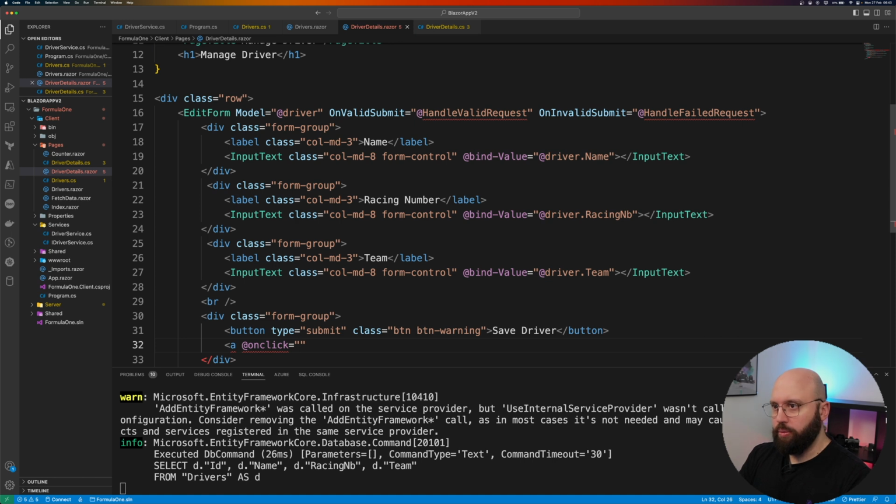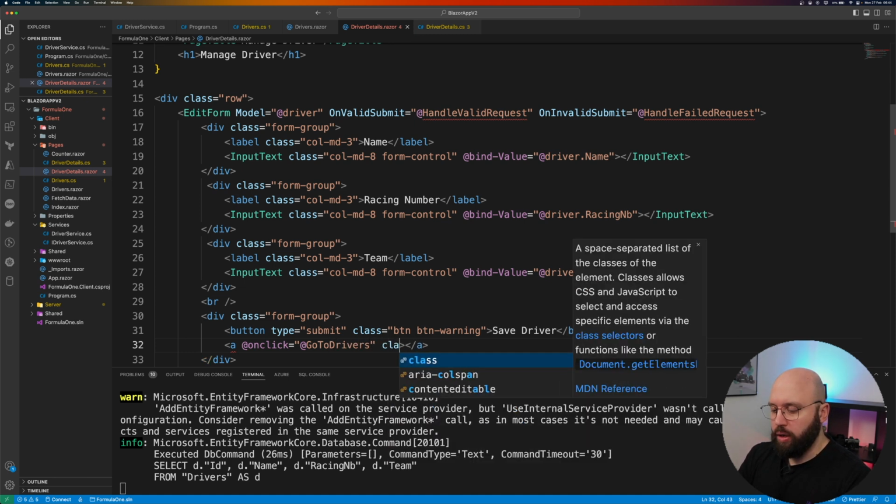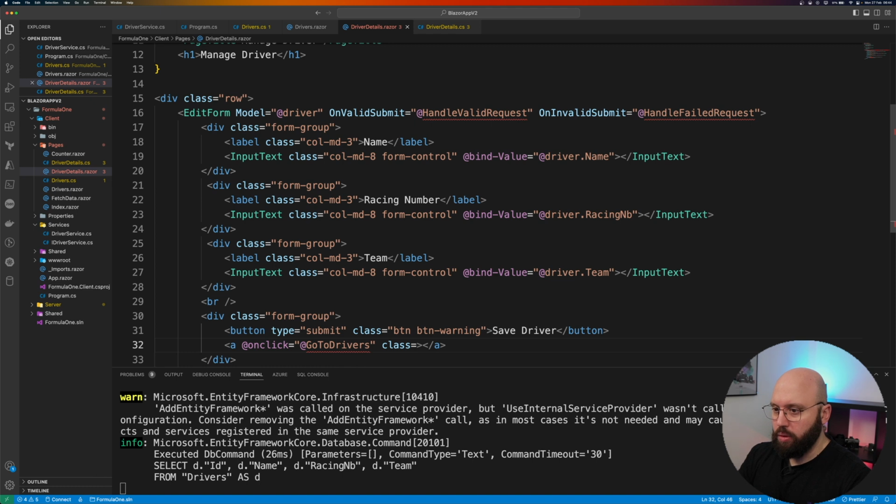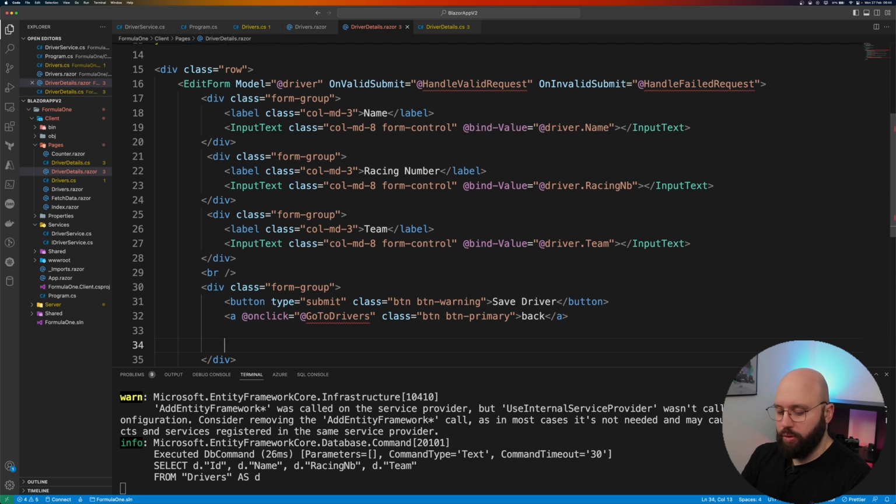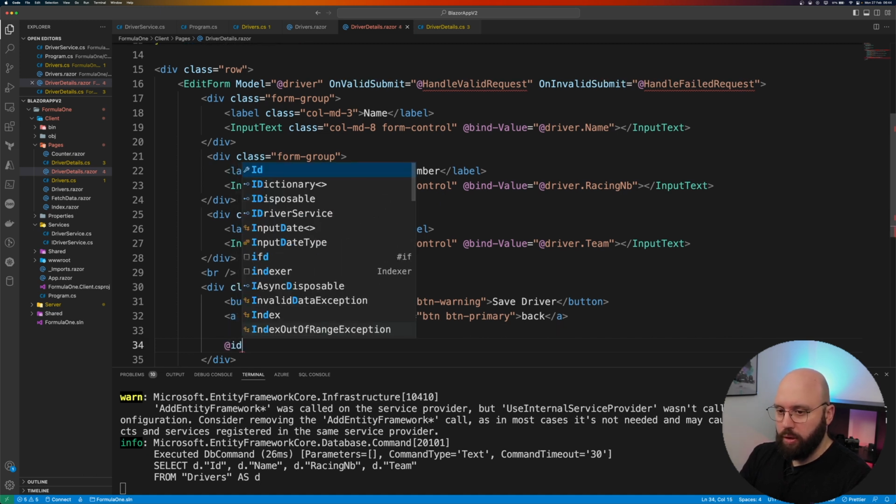We're gonna hook it up to a method that we need, and in this case, it's gonna be go back to drivers. It's pretty straightforward. Class is gonna be btn-primary, and I'm gonna say back. And lastly, similar to what we had done before, I'm gonna put an @if